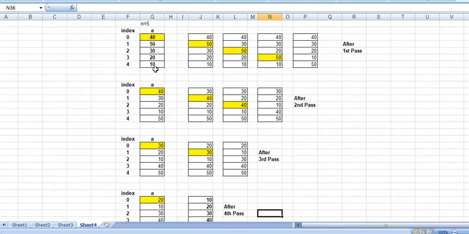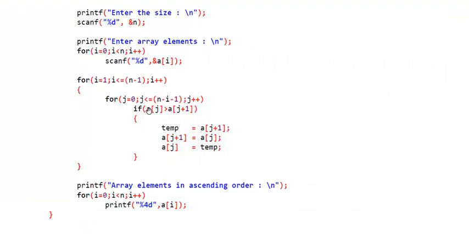If you see here, 40 greater than 50, right? False. If that condition is false, there is no else part. So the statement will come here, this part is not executed and it will go for the next iteration. It will increment the value of j. j will become 1. Earlier it was 0, it will become 1.